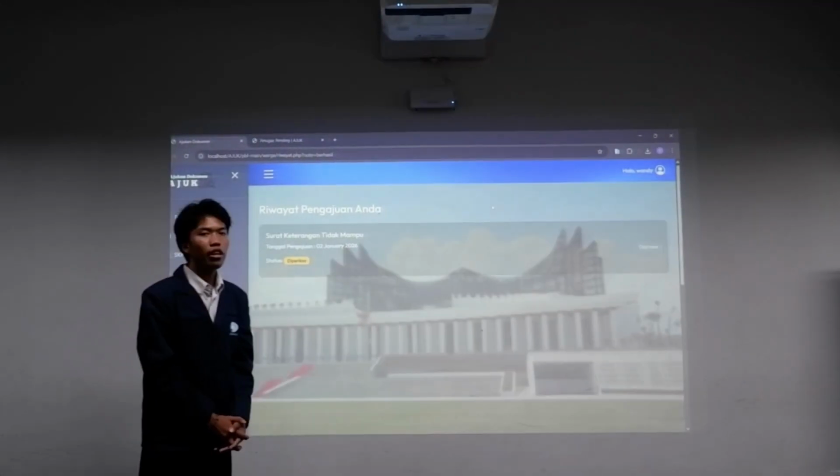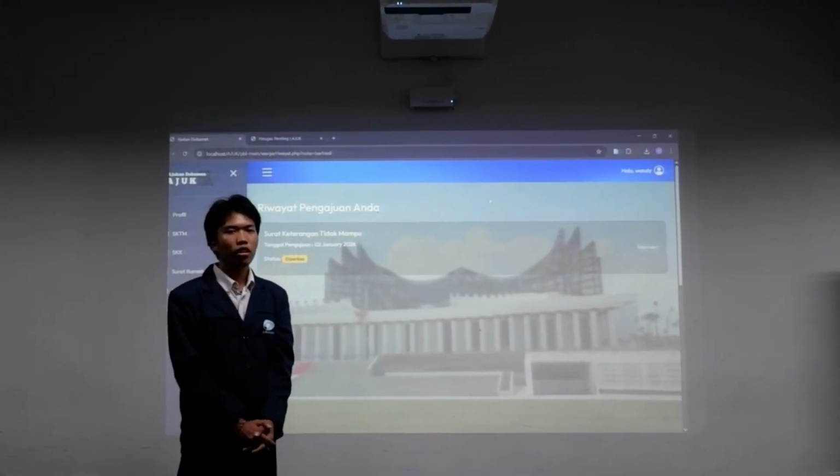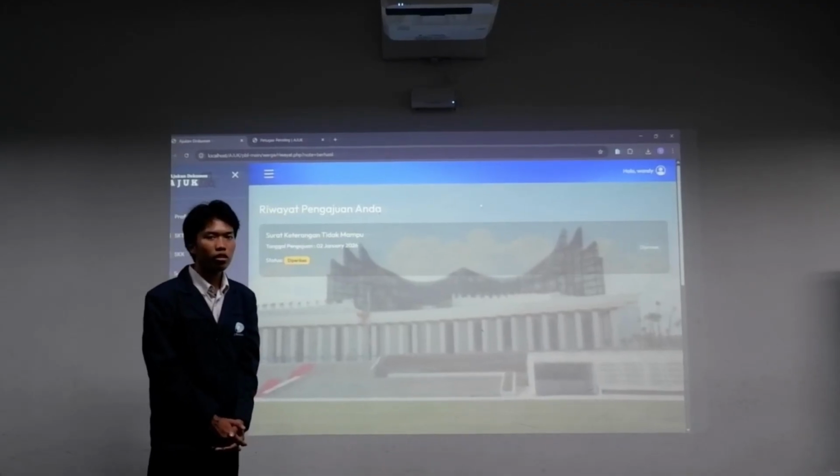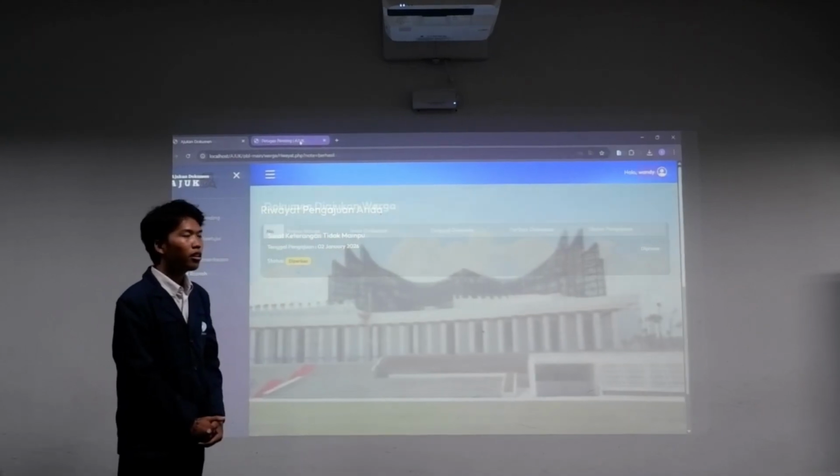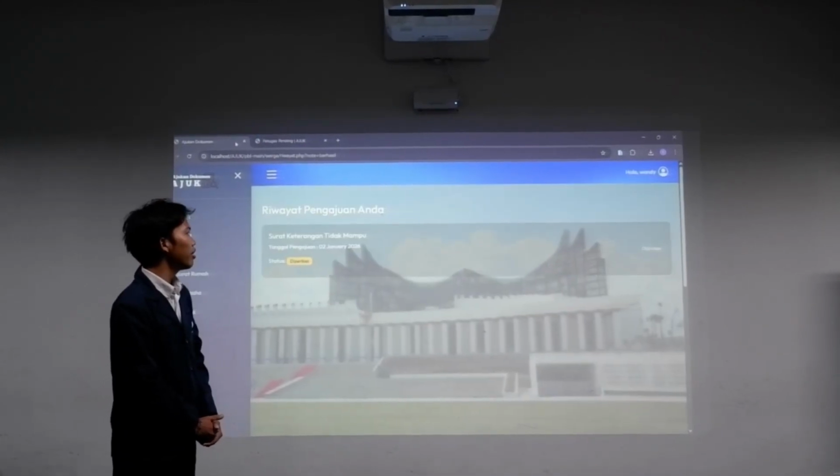Okay, now that they have submitted this document to the officer, the resident has to wait whether the officer wants to decline or agree to the document that has been sent.